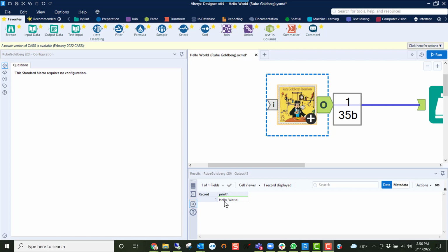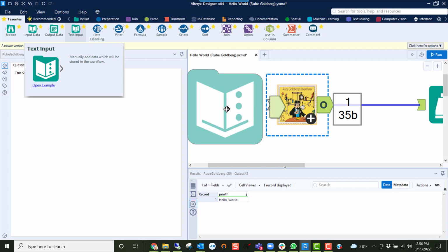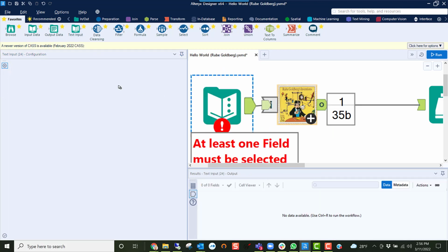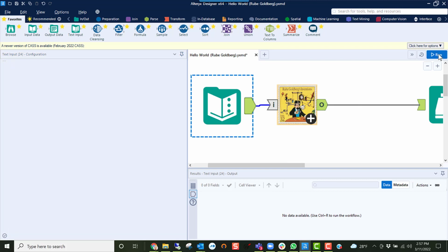But in the spirit of Rube Goldberg, I add a little bit of functionality that might not be necessary, but I can add a text input to that, and I can put in there hello world, and it will still output hello world. In fact, it's an optional